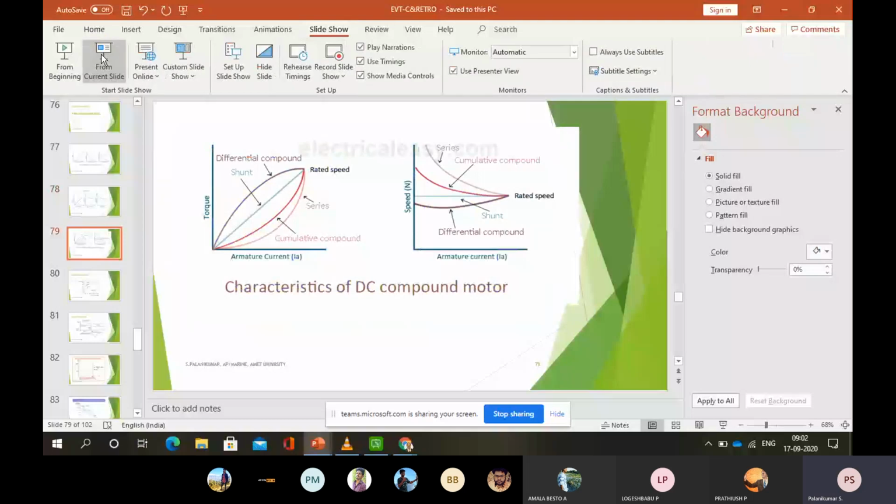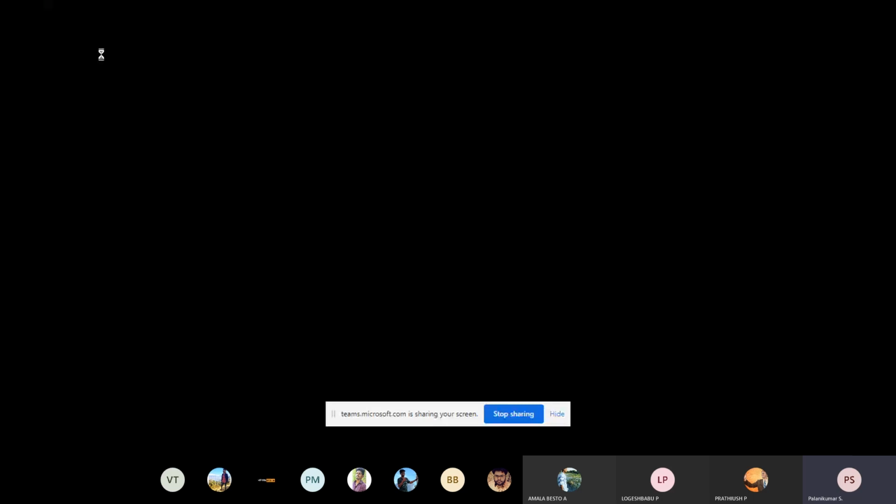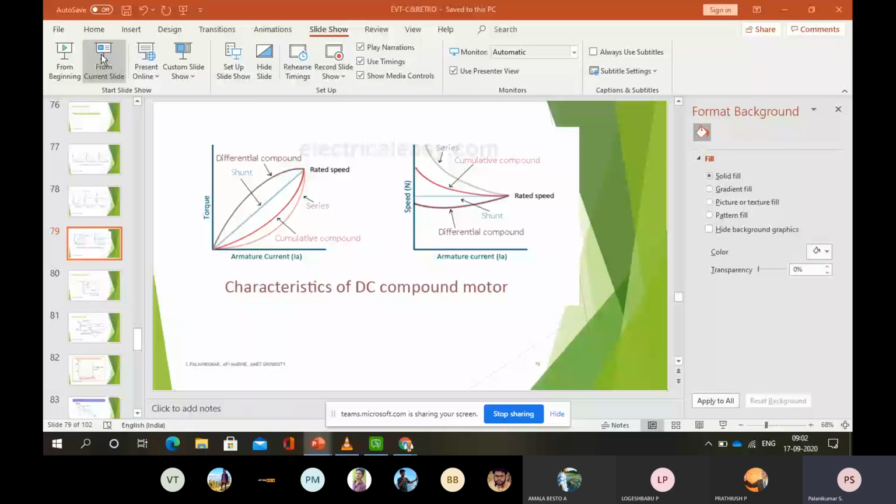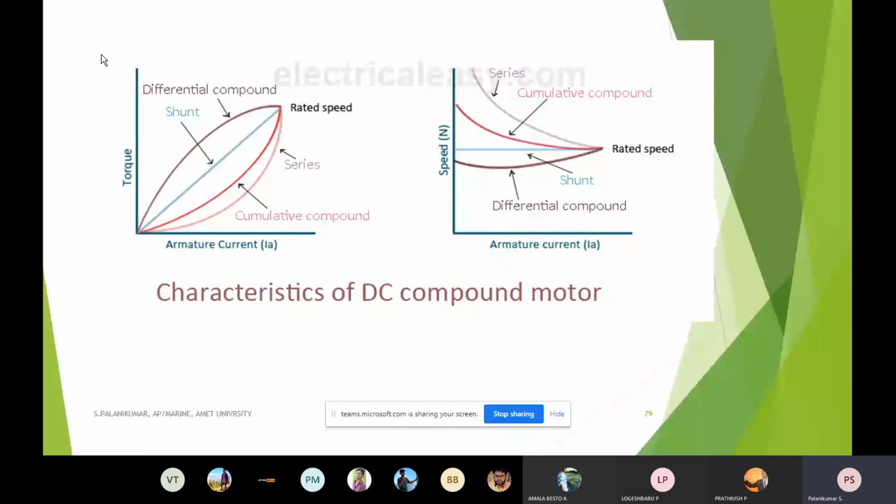Okay, let us start. In the last few classes, we have discussed the different machineries that are required for electrical vehicles and hybrid electrical vehicles. Especially, we have identified six different components, out of which the very first component is a motor or generator. That is for any hybrid electrical vehicle.